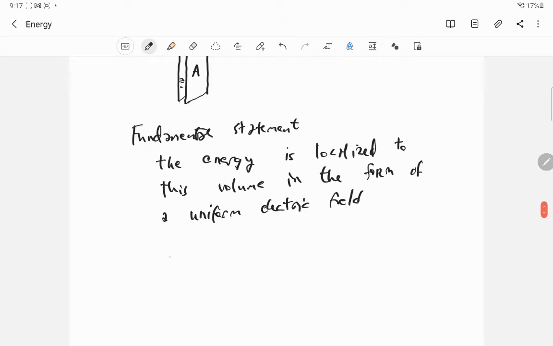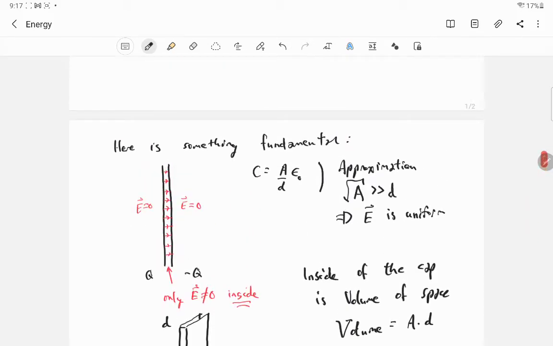What we'll say is there is an energy density, it's a lowercase u, which is the energy stored up in the capacitor because of the charge separation right here,